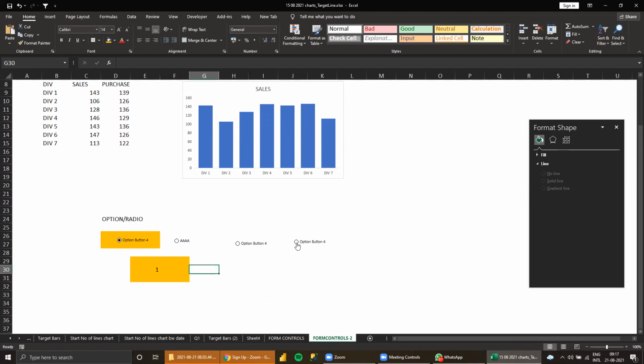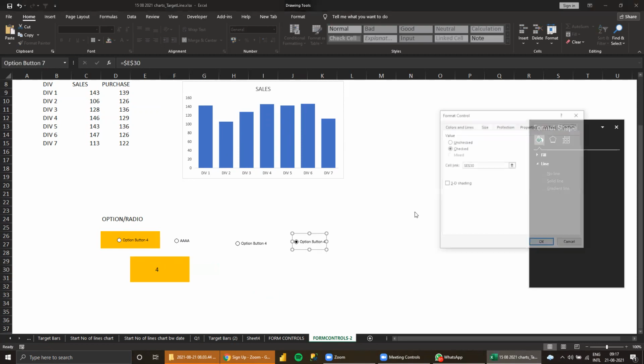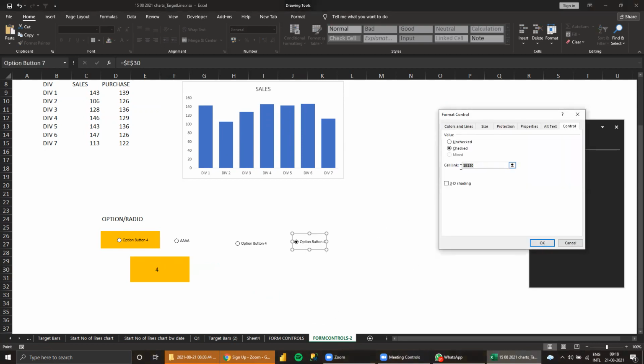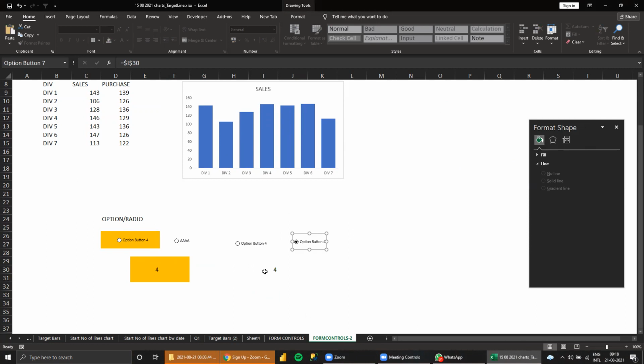Suppose I give the link to this cell instead of this one, all the links will be placed here now. The previous link will not work.